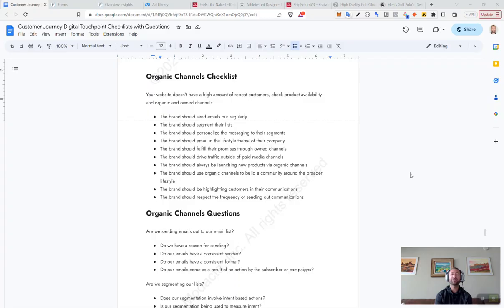Send emails out regularly. What this means is make sure you're on a cadence. Like once a week, you should send out an email. Even if it's an email to your most engaged list from the last 90 days, send out an email. It doesn't have to be something spectacular. It doesn't have to be a sale. It doesn't have to be an offer. It just has to be a company update. It just needs to be something that allows you to connect with some degree of your customers.